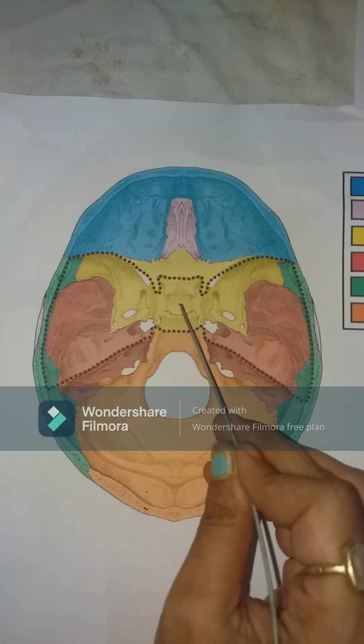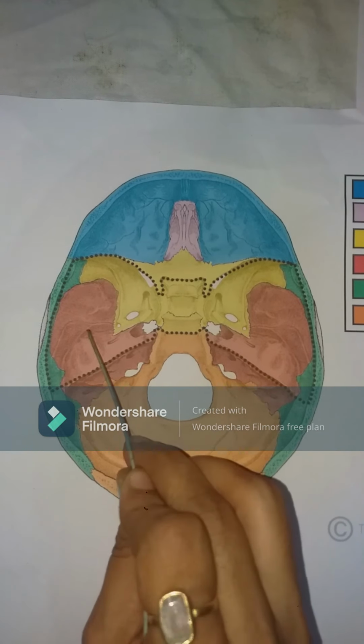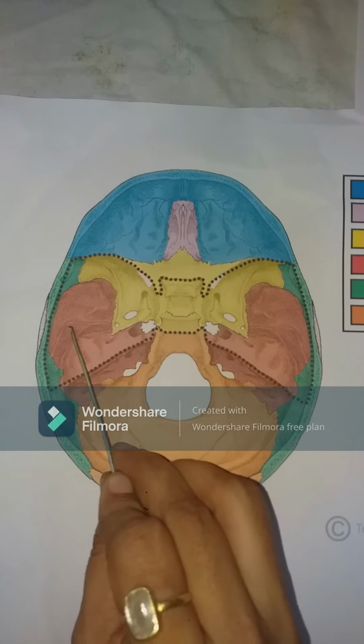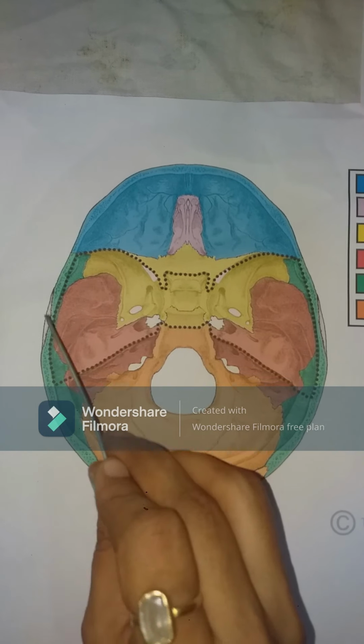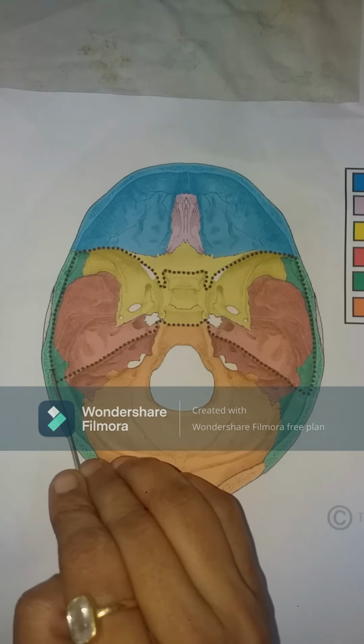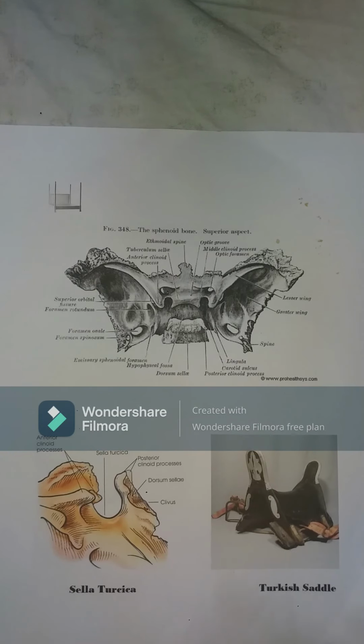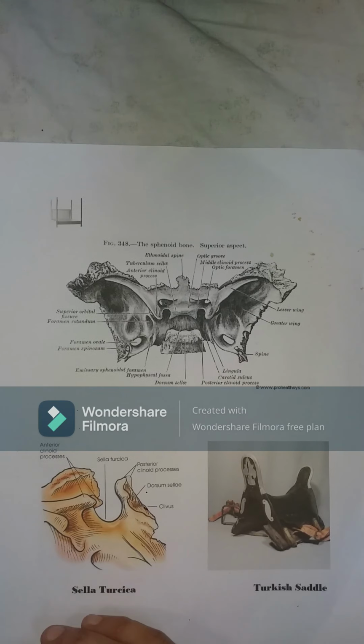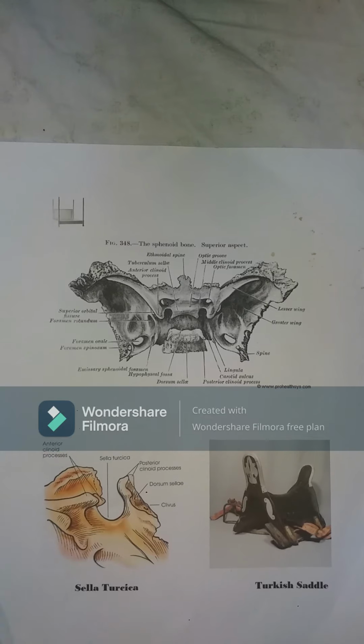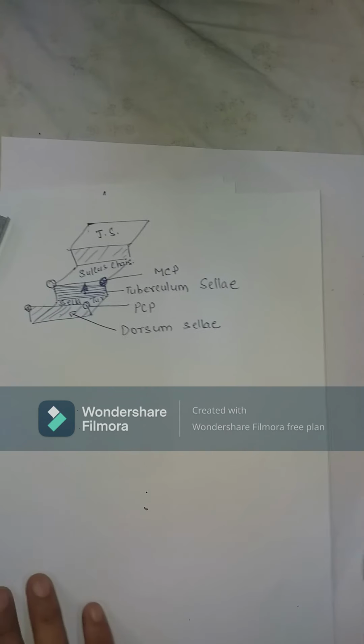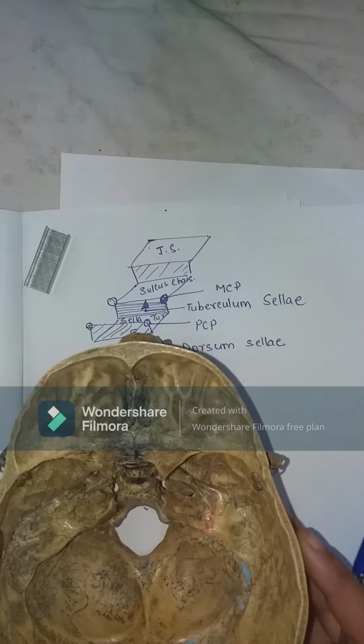Yellow is the sphenoid bone. Red color is the petrous and the squamous parts of the temporal bone, and green is the parietal bone. So let us have a small understanding of these structures so that things are a little easier for us. Now first of all, let us identify